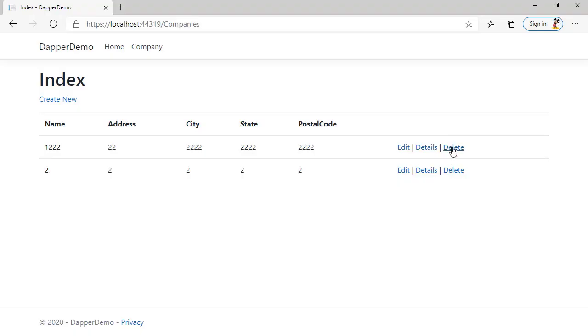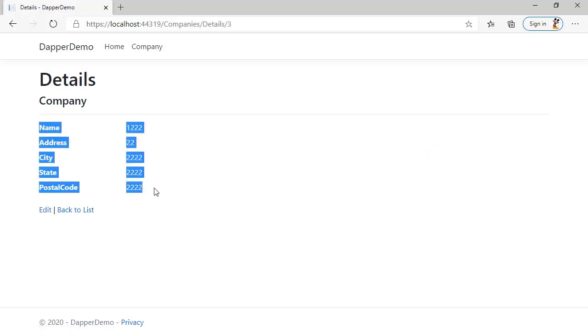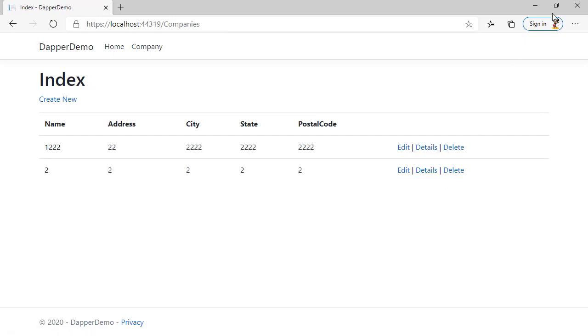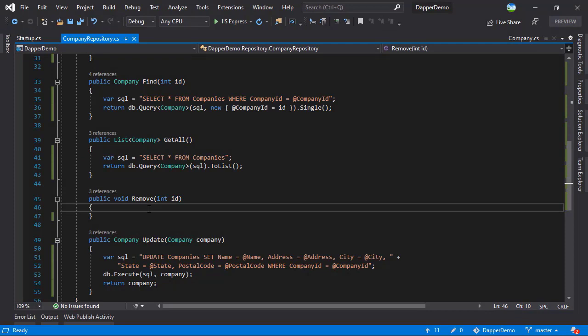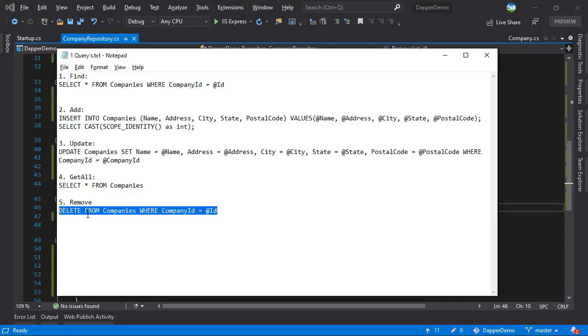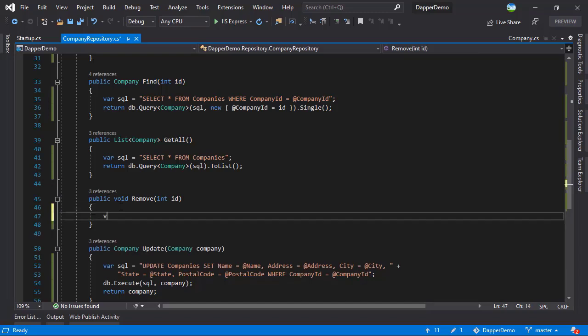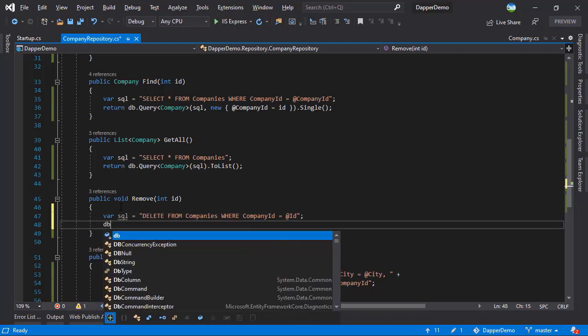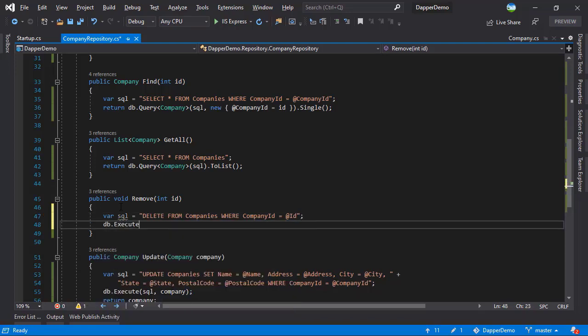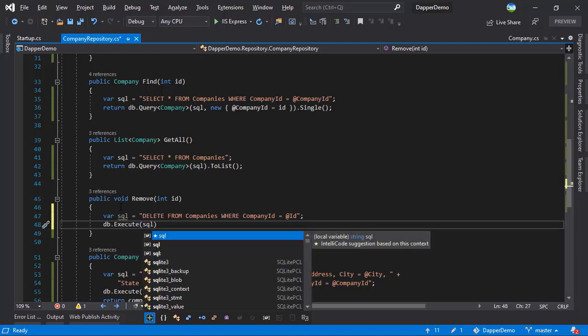Last thing that remains is delete. Before that, if we go on details, it will display all of the details. So that's also working as expected. Let me stop the application and we'll work on remove. If we go back to our snippet, we have the query to delete a company. We'll paste it and we'll have variable SQL. We'll paste that here. Then just like we did with update here, we'll say db.execute and we'll execute the SQL